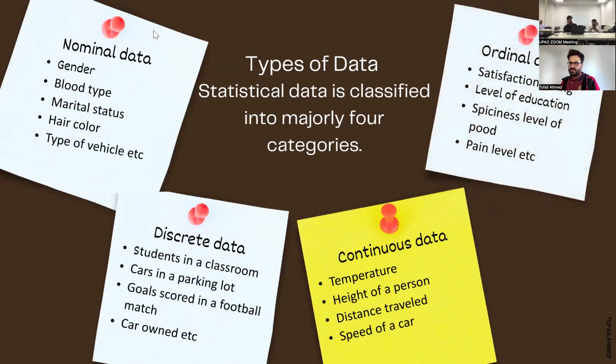And ordinal data that's different from nominal data. And here we talk about the rating. It is from least to most. The higher you go, the higher level of data it has. For example, if I talk about satisfaction rating, if I ask you a question, how satisfied are you with your university? You will have ranking from, let's say, 1 to 5. If you say 1, that means that you are not satisfied with your university. If you say 5, you are satisfied with your university.